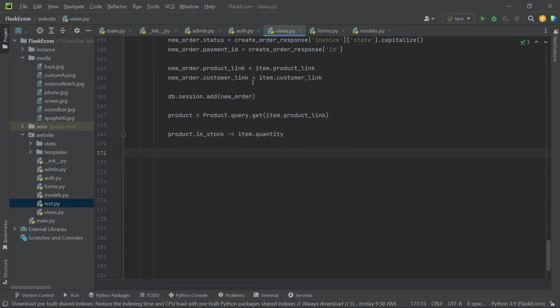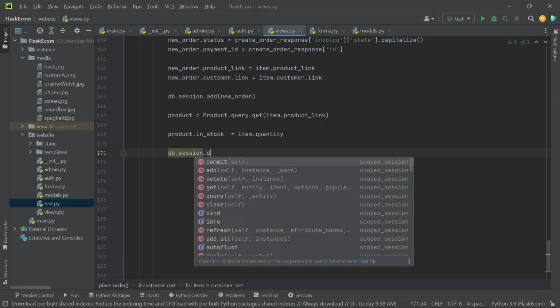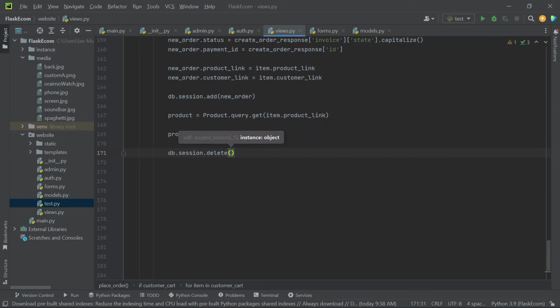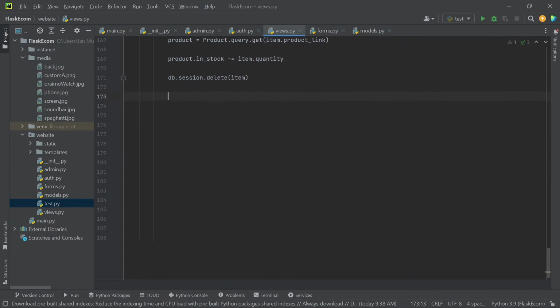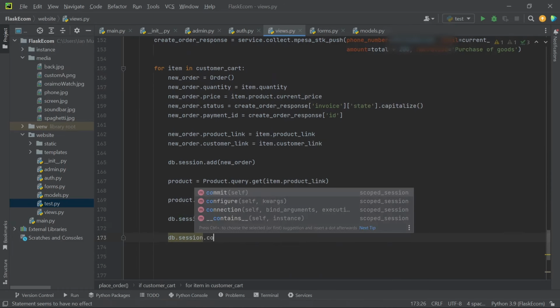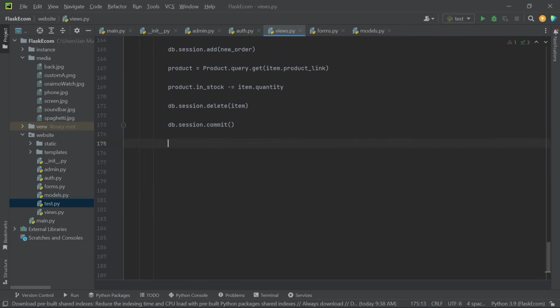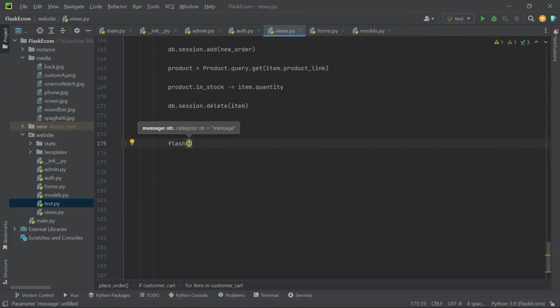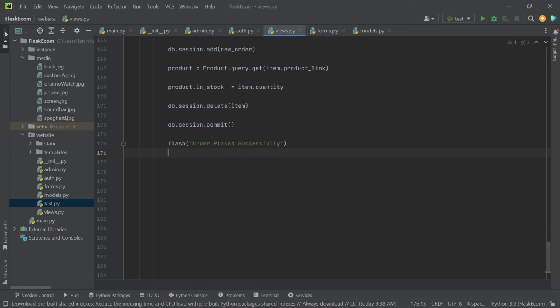Then after that we need to delete this particular item from the cart of this customer. So db.session.delete, then you're going to pass the item, and after that we are going to commit all these changes. So db.session.commit, and then you can flash the order has been placed successfully. So, and we are going to return